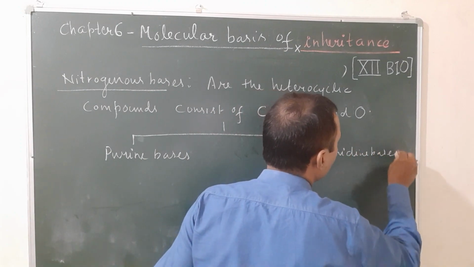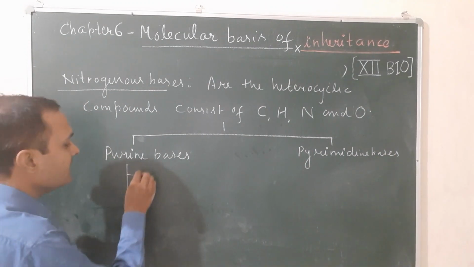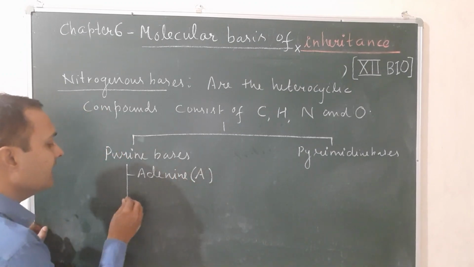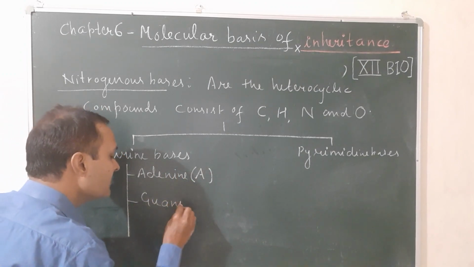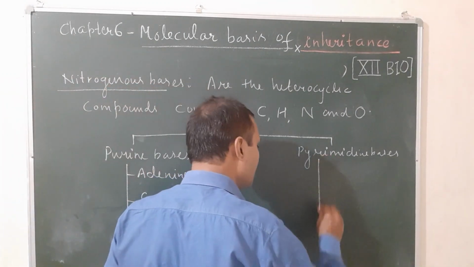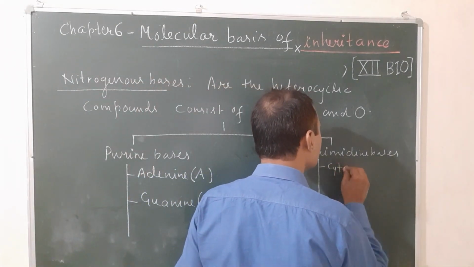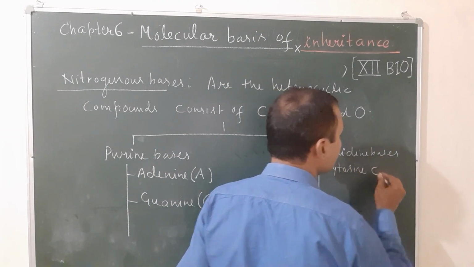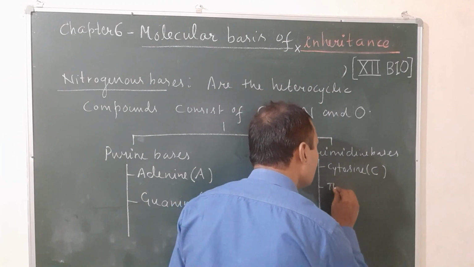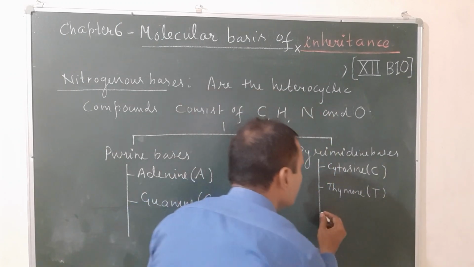The examples of purine bases are of two types. First one is adenine, represented by capital A, and guanine, represented by capital G. Pyrimidines are of three types. First one is cytosine, represented by capital C, thymine, represented by capital T, and uracil